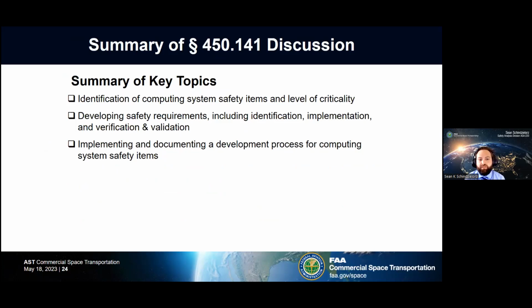The identification of CSSIs is meant to mirror the identification of safety critical systems under 143. If there is a system whose function can contribute to or mitigate a public safety hazard, and it has software data aspects, then it is a CSSI with respect to 450.141A1. That is not necessarily limited to vehicle software. Ground support equipment and even analysis software can have an important role in protecting the public. The important thing to keep